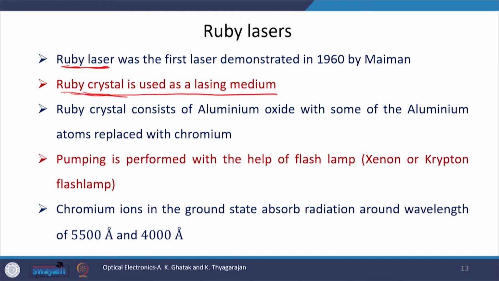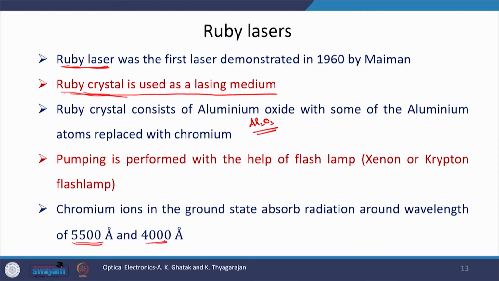It is not the pure ruby crystal, because ruby crystal is made up of aluminum oxide, Al2O3, and in this aluminum oxide, some of the aluminum atoms are replaced with chromium. To pump the system, we use a xenon or krypton flash lamp. This flash lamp periodically pumps the chromium doped ruby crystal, and all the lasing happens in